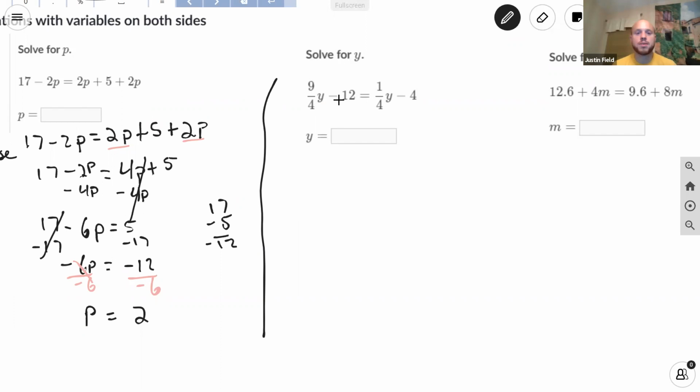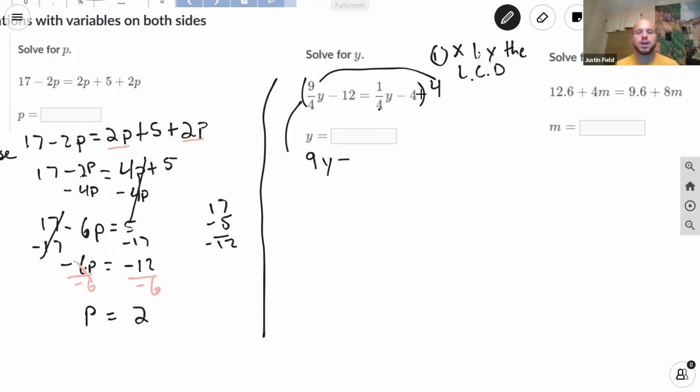So whatever the denominator is, if you only have one fraction, multiply everything by the denominator. In general, multiply by the LCD. Hopefully you know that stands for least common denominator, if you have more than one fraction. But here it's easy. We just have a 4, so we can multiply by the 4 because of the 4 in the denominator. And then 4 times 9/4, that cancels out the denominator, and it just becomes